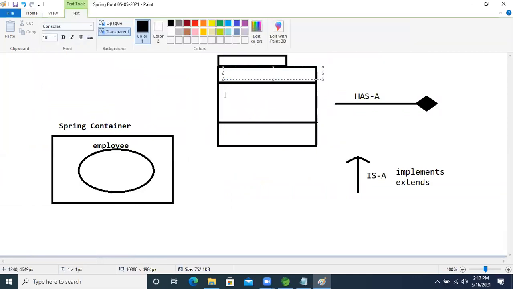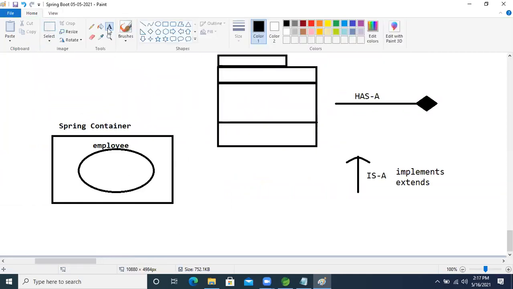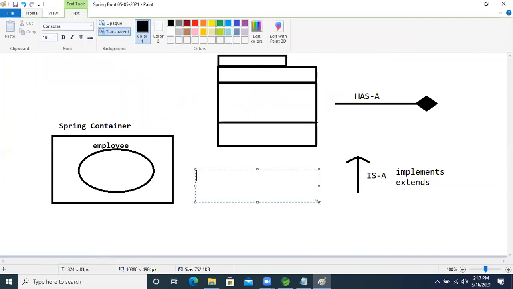So if we represent any identifier that is public, we will use the plus symbol. If we use a private attribute in the class, we will use the minus symbol.